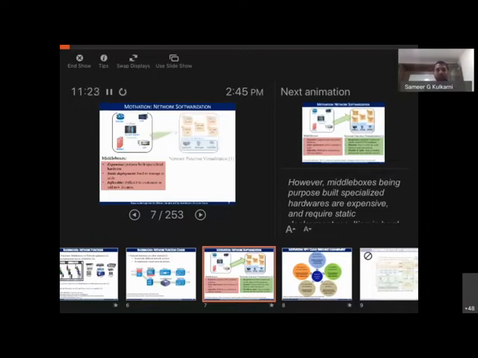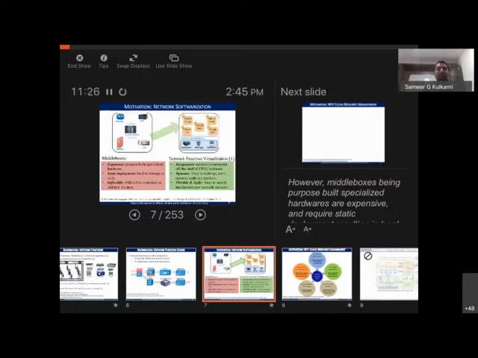Move to software and ask, can I build these on top of the commodity hardware that exists in cloud, the traditional compute, storage, and networking devices, and build these virtual routers, virtual firewalls, all of these as software that run on these devices.